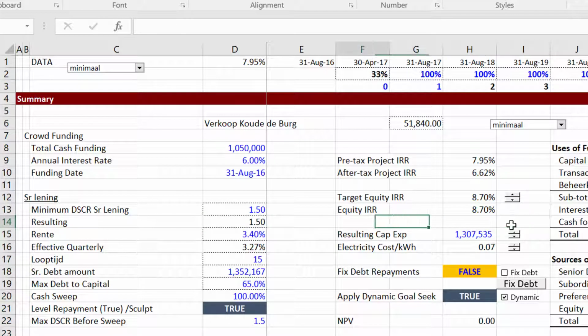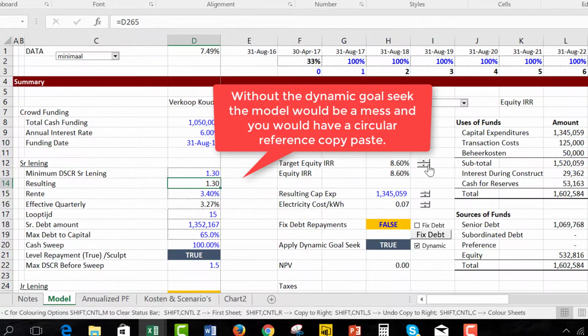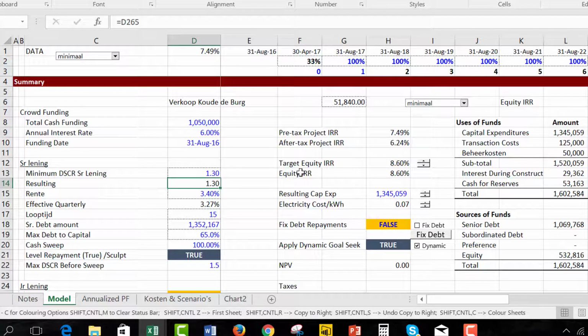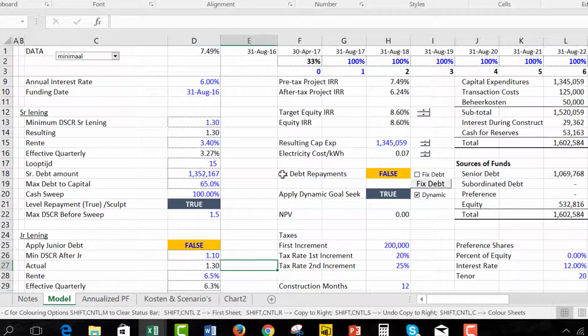Now, this all works with the dynamic goal seek. If you didn't have the dynamic goal seek, you'd have to get into this business of running one goal seek, running another goal seek, trying to get it to converge, doing it kind of manually, and it would be a real pain. Now, when you back into the DSCR, by the way, the taxes are a big deal. If I put zero tax rate in here, we get a different IRR,